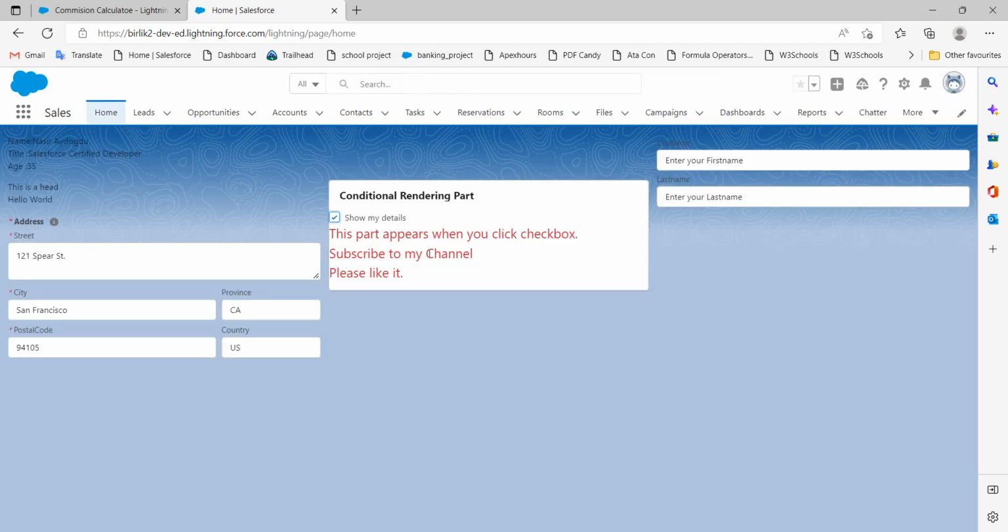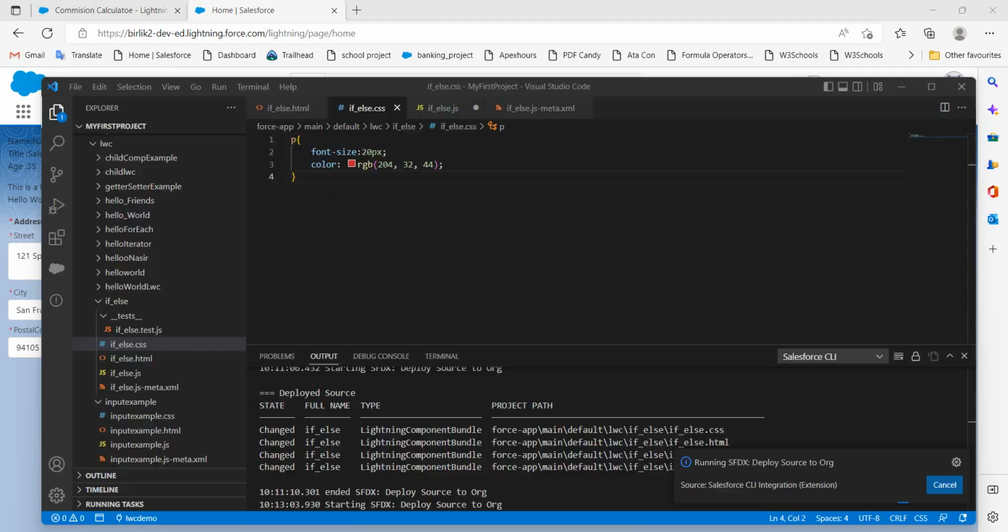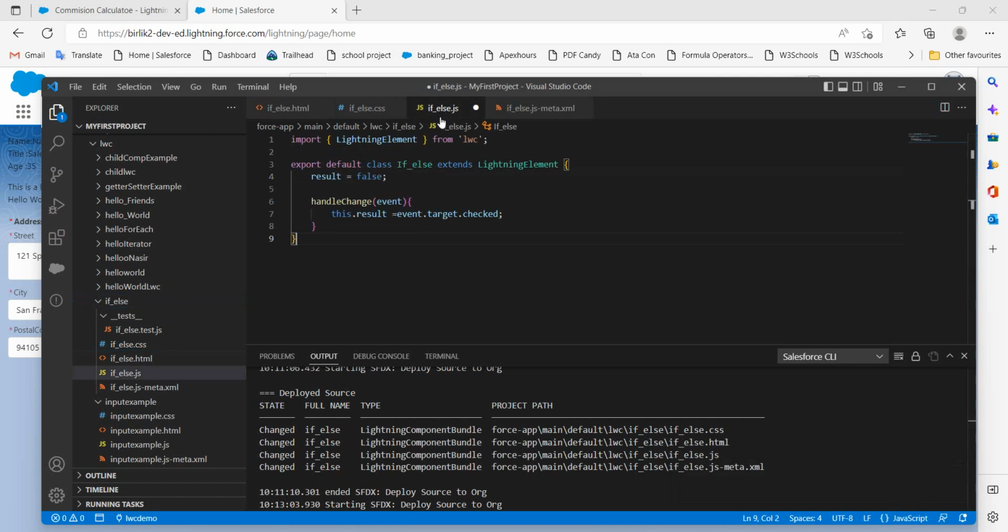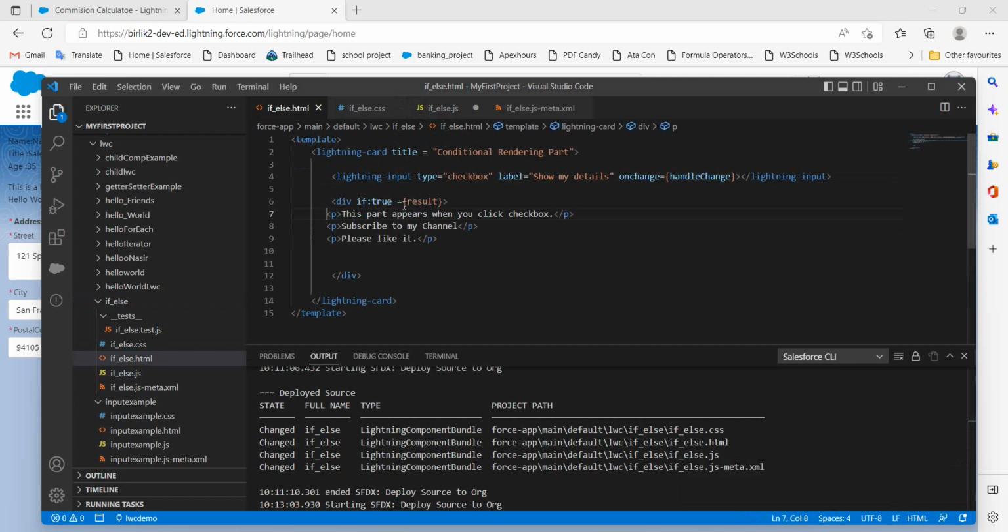Yes, as you can see, this part appears when you click checkbox. Then let's see, if you put this one, check result true false, then if result. So this is the simple example of how to create a checkbox, and when you click the checkbox,